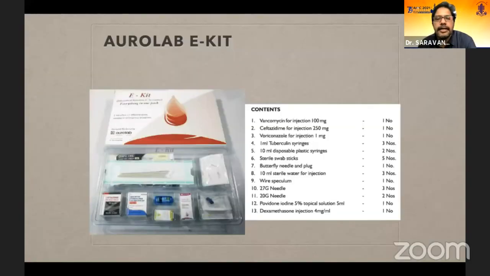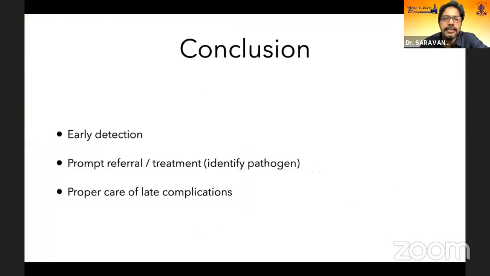So I think I'll end there, but I just wanted to point out that Aurolab has an e-kit, which is available as a single pack. Suppose you have an infection in your theater, all the items needed for doing a vitreous biopsy and intravitreal injection, right from the cotton swab to the speculum to the drape to all the drugs to be mixed, all the cannulas, everything is there as a single box. Especially if you're sitting in the periphery and sourcing at short notice is difficult, you can have this e-kit handy, so you can deal with infections as and when they come.